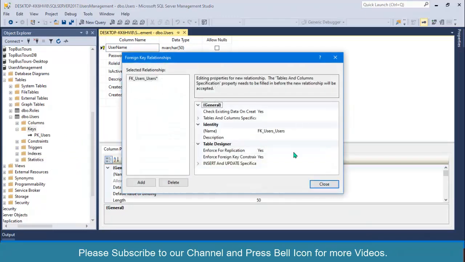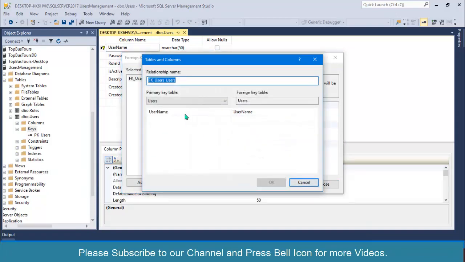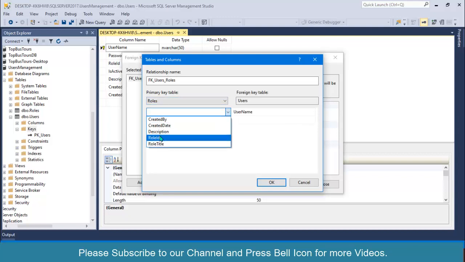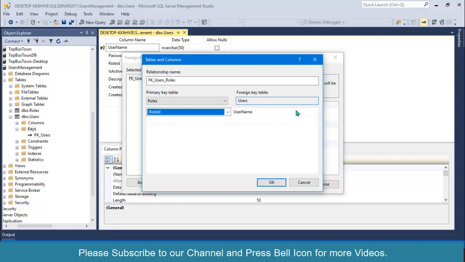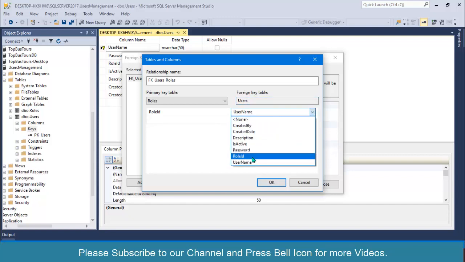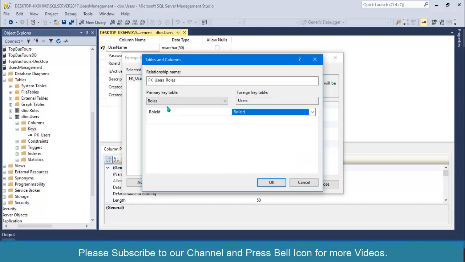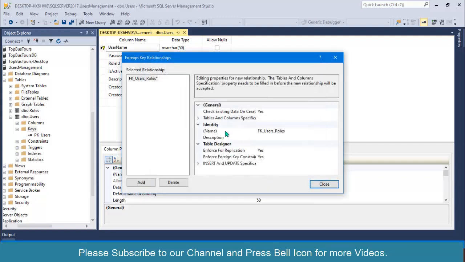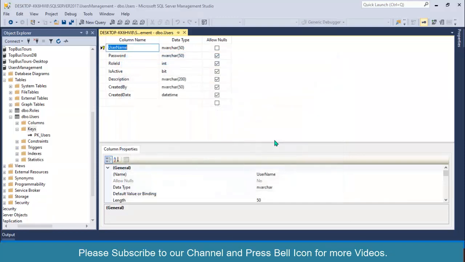So table and column specification, click on this one, and we'll be setting primary key table as roles, and we'll select role ID, and we'll set foreign key table as users, and then we'll select role ID. So role ID from roles table is the primary key, which is now a foreign key in the users table as role ID. Click OK and Control S, close this one, save this one,